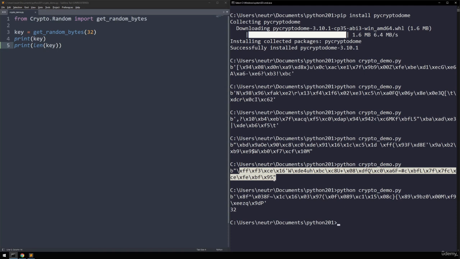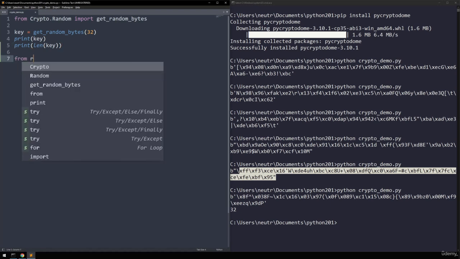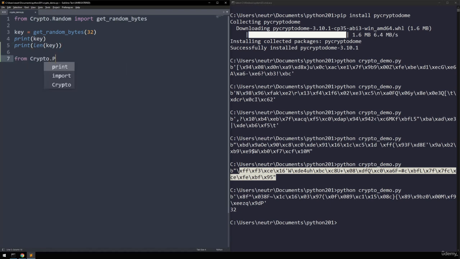So if you don't want to use and remember a completely random key like this, you can also use a password-based key derivation function. The idea being, you can use this function to generate a byte sequence based on a string provided from the user. And Pycryptodome supports this. So we could say from Crypto.Protocol.KDF import